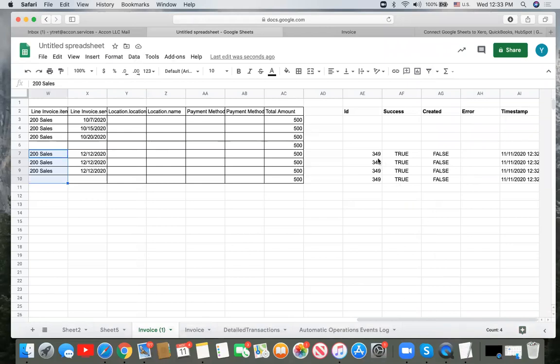So what you can see now, it's the same ID, right? It's the same as what we just created, false for creation, and success is true. Nothing got inserted, and it's successfully updated. And this is my timestamp, 12:32. So now I'm going to